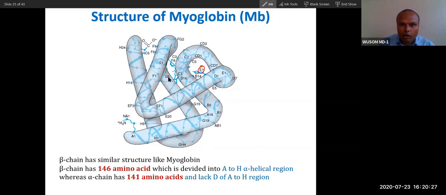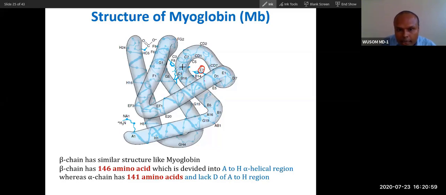So this is actually myoglobin. Let me explain about myoglobin first, then I will tell you the difference. There is a little bit of difference between the alpha and beta chains and this myoglobin structure. Actually, hemoglobin is basically four myoglobin-like molecules arranged at one place. First, let me explain how this heme is bound to these chains.